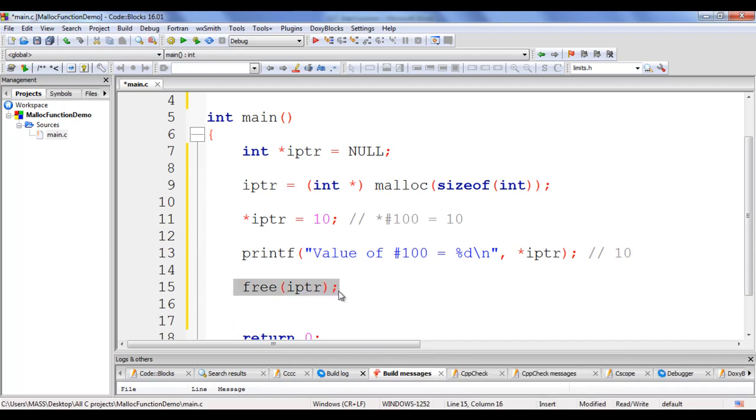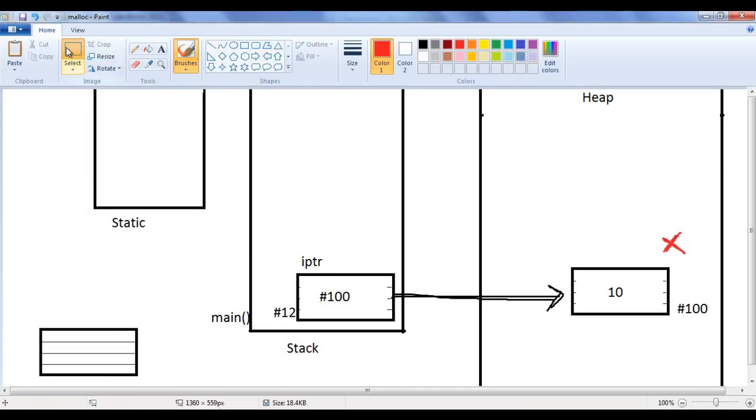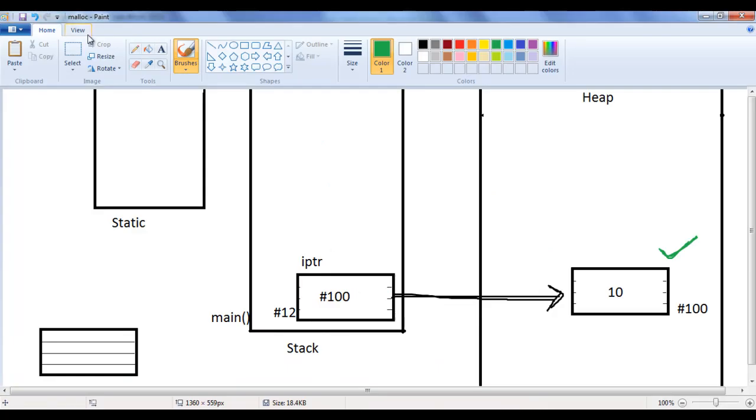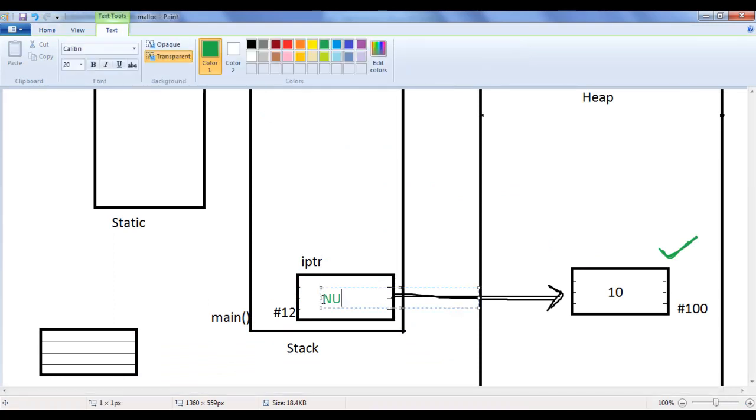What this line of code does, it just makes this #100 memory block accessible to any other application. It makes it free, guys. And once you make it free, immediately you set iptr to null, guys. So here it is assigned with the null value.